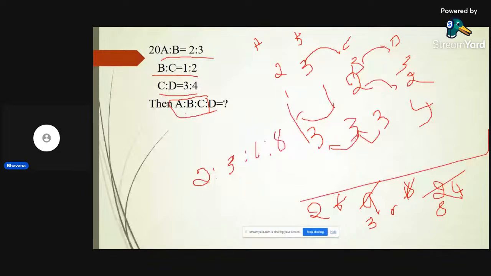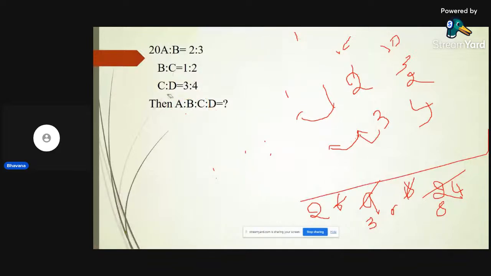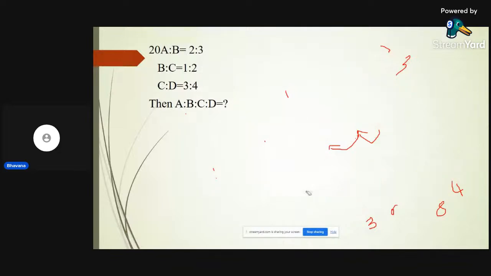Yes. For 21, we need to explain once again. Okay. Okay. So just first you have to write A and B